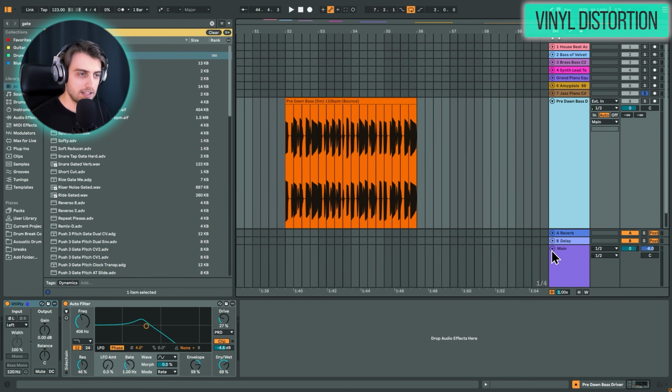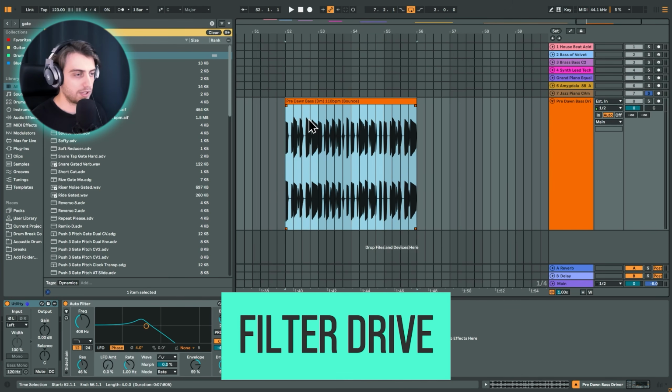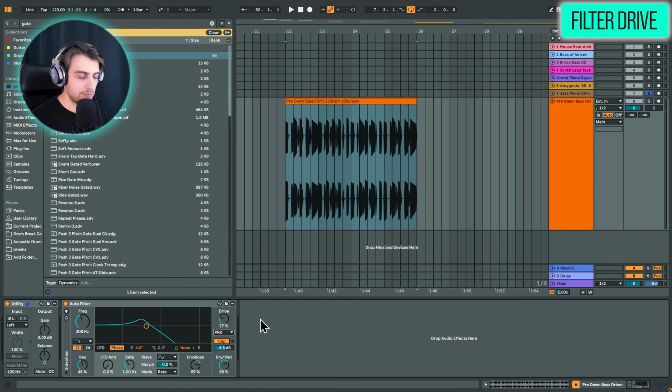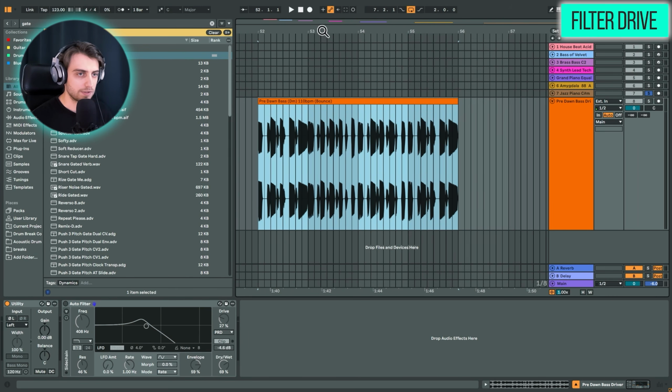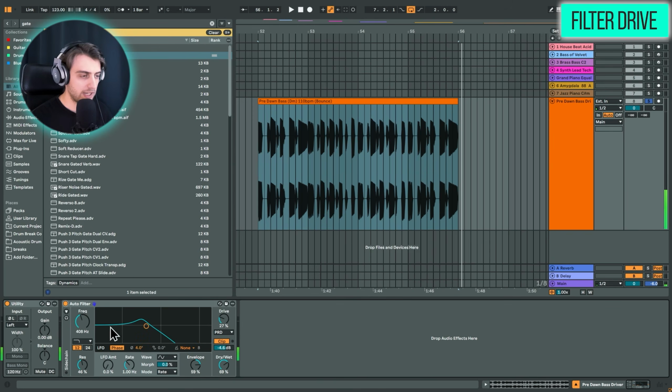Alright, so the last effect for today isn't a typical distortion or overdrive because it's the auto filter effect, but because of its drive setting and these different drive modes, I actually really like using it as a drive kind of effect. So first of all, let's play this sample dry and then we will enable auto filter. And with auto filter,